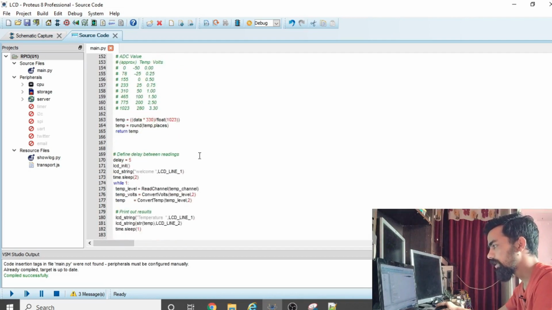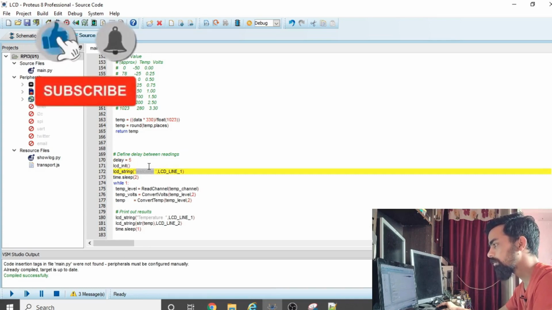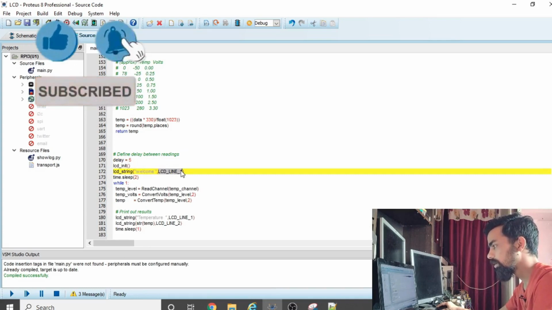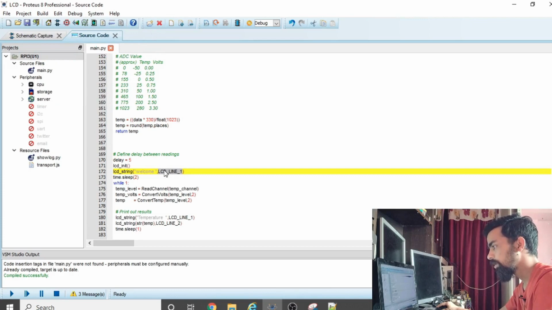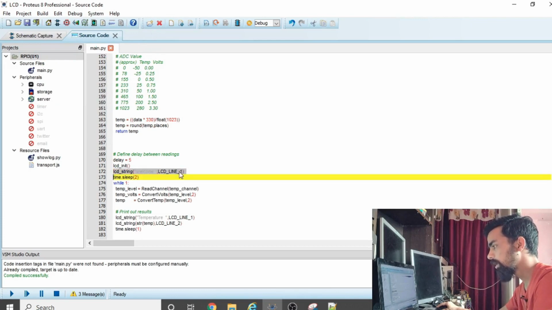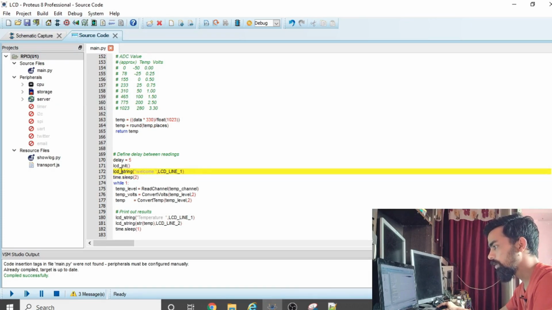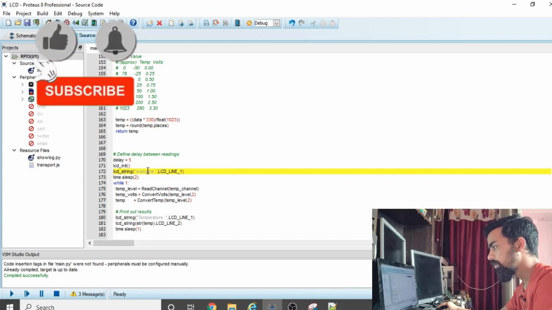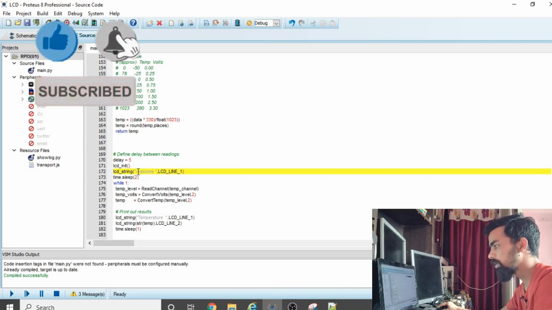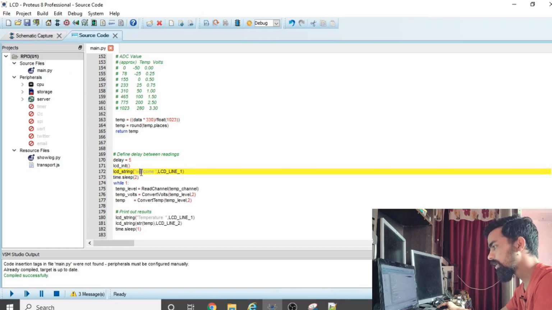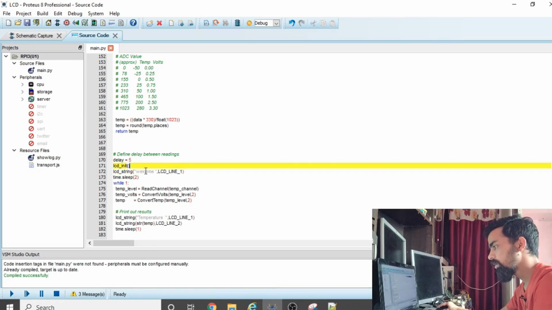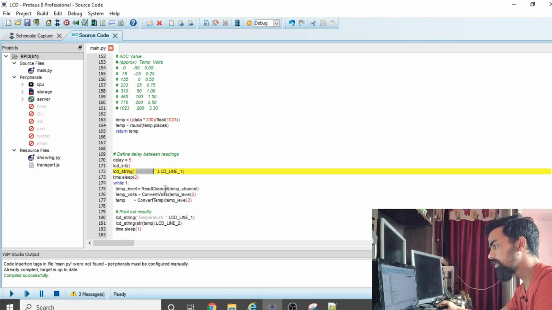So once the LCD gets initialized, the next part is we have to send the welcome message on LCD line number 1. We have already defined the LCD line number 1 variable, which is nothing but the 0 value. So LCD.string welcome. Welcome is nothing but an array, and each array is divided into 1 byte with its index. Index 0 contains W, index 1 contains E, the second index contains L, then C. We do this iteration with a for loop.